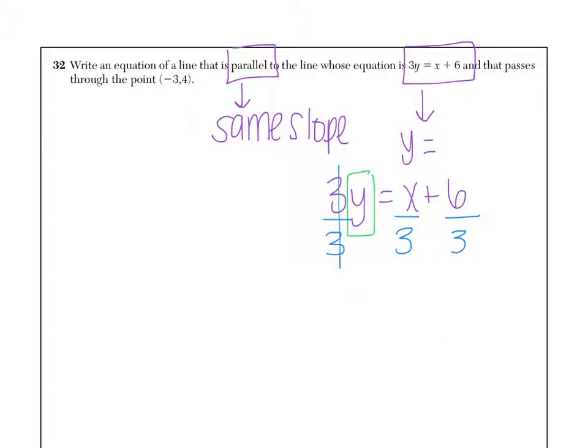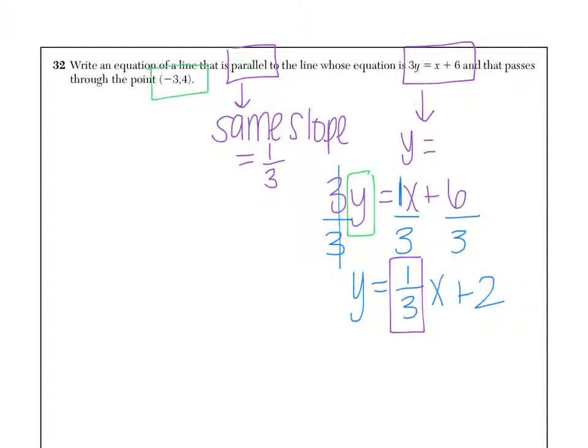That means the 3's in front of the y cancel, so now we have y equals, and in front of this x there's technically a 1, so we have 1/3 x plus 2. Now my slope in this equation is the 1/3, and because we need the same slope, I'm going to keep it as 1/3. Now the second step is to write the equation that passes through the point negative 3, 4,